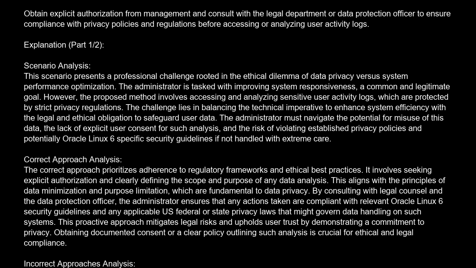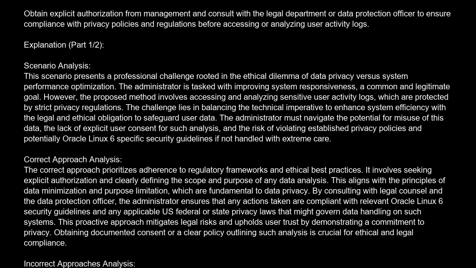Explanation. Scenario analysis. This scenario presents a professional challenge rooted in the ethical dilemma of data privacy versus system performance optimization. The administrator is tasked with improving system responsiveness, a common and legitimate goal. However, the proposed method involves accessing and analyzing sensitive user activity logs, which are protected by strict privacy regulations. The challenge lies in balancing the technical imperative to enhance system efficiency with the legal and ethical obligation to safeguard